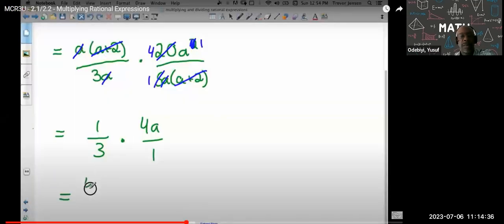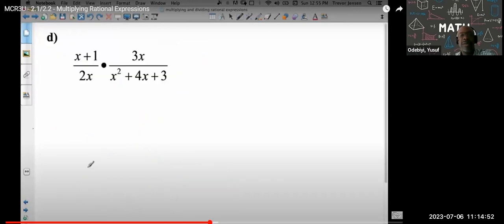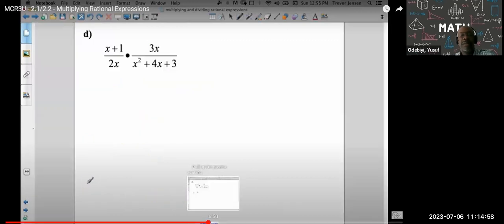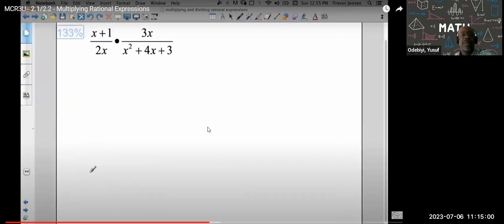1 times 4a is 4a, and the denominator 3 times 1 is 3. Okay, so there you go. That's basically what we did, and then the restrictions are just going to be from the beginning. Cannot equal 0, cannot equal -2. Let's go back. There you go, 0, -2. Okay. The restrictions stated. And we'll do one more example where we have a quadratic that we're going to have